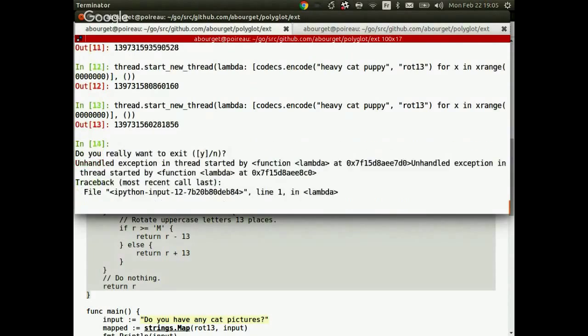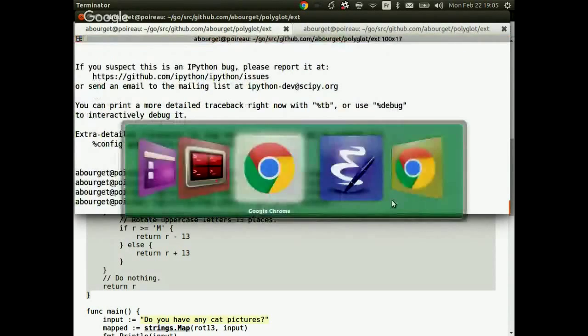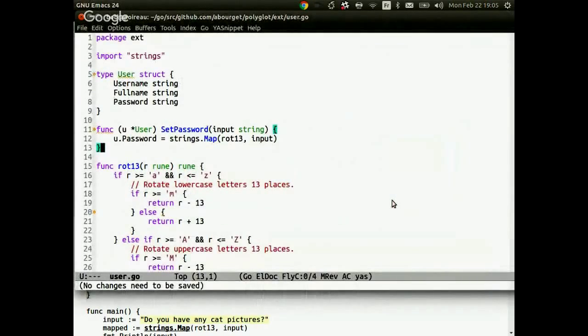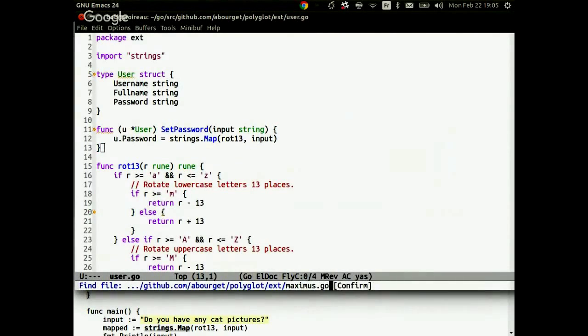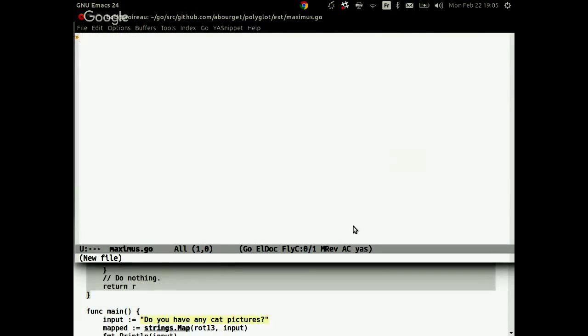I'm going to kill that one. So these are going to die. And I'm going to create another file, maximus.go. OK? So still in that package. And I'm going to call that MaxOutResources. And we're going to return a function to give control to the caller to tell us when to stop. OK? So what I want to do here is create a channel